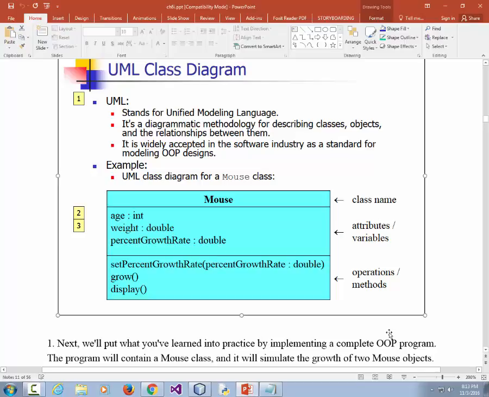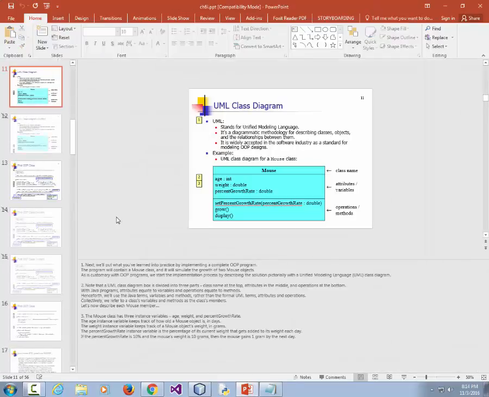So our mouse class would have 3 variables: age, weight, and % growth rate. And then it would need 3 methods. One that sets the growth rate, one that grows it, I call that age, and then one that displays the contents of the mouse. Why would we want a set % growth rate? Because when this was created,